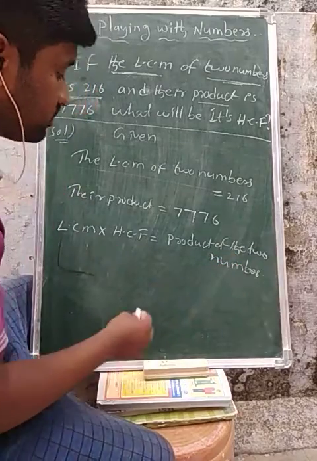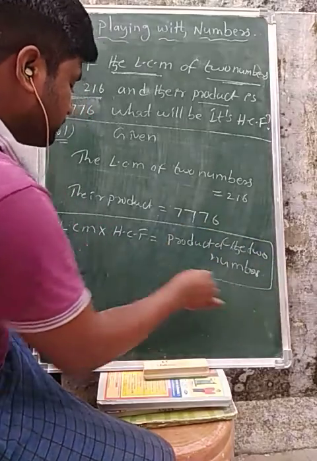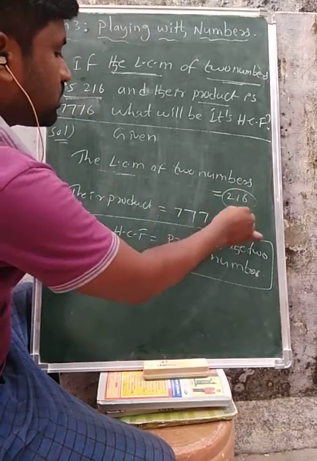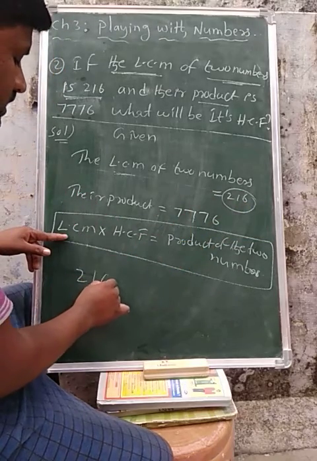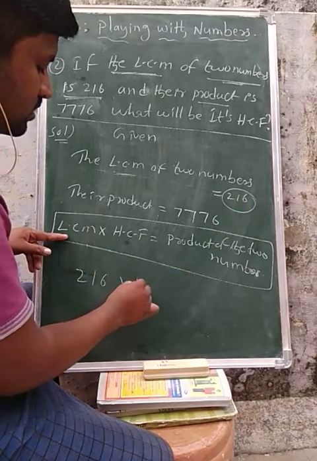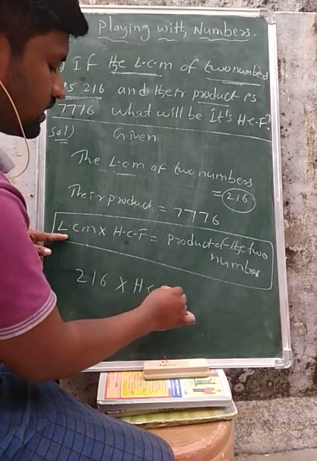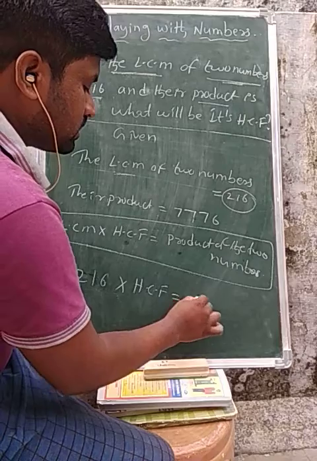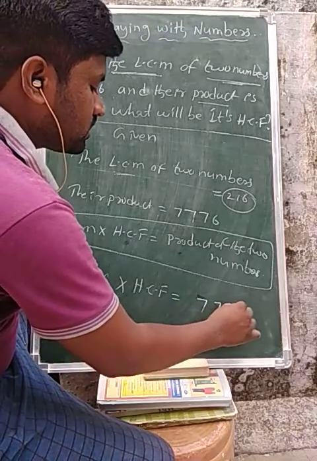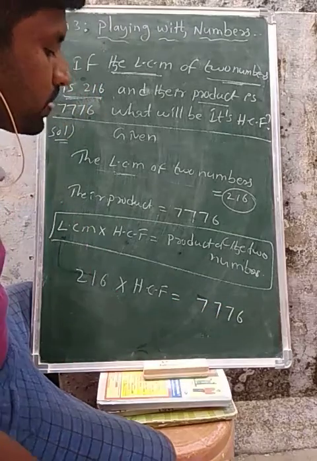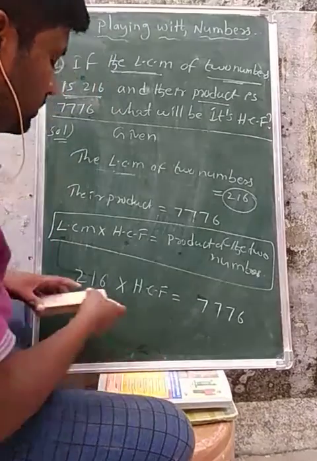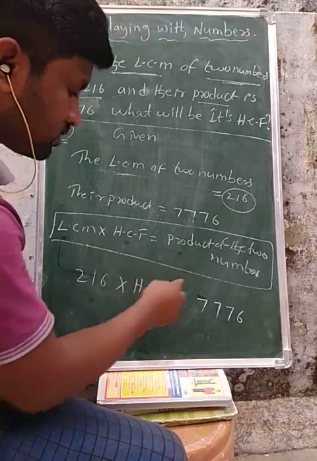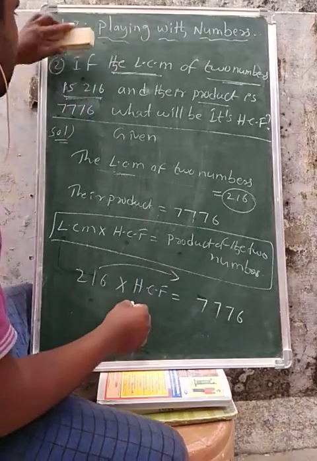Now the LCM is already given, that is 216. 216 into HCF, which we don't know, is equal to the product of the two numbers, that is 7,776. Now if we transpose 216 from the LHS to the RHS, we get